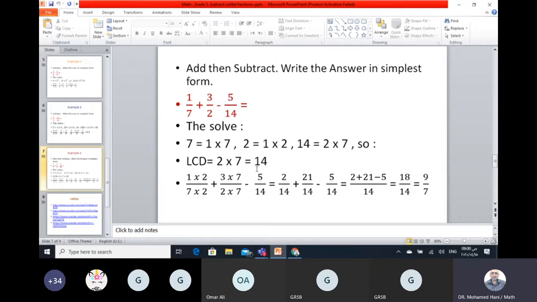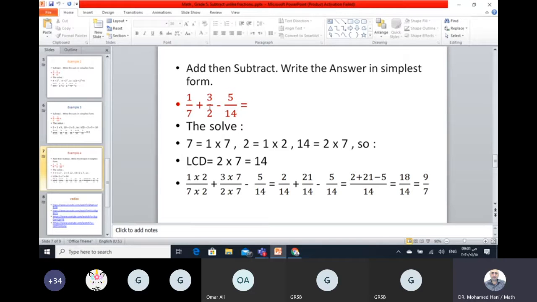So go back to the first fraction, to the denominator 7. Which number times 7 equals 14? It will be 2. So multiply the whole fraction by 2. 1 times 2 and 7 times 2. Plus,